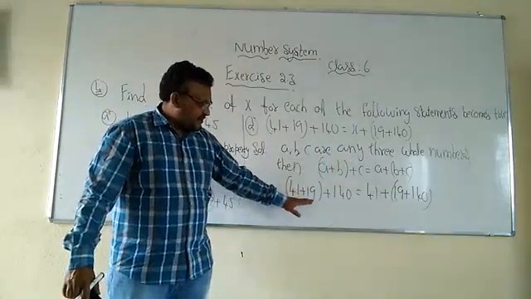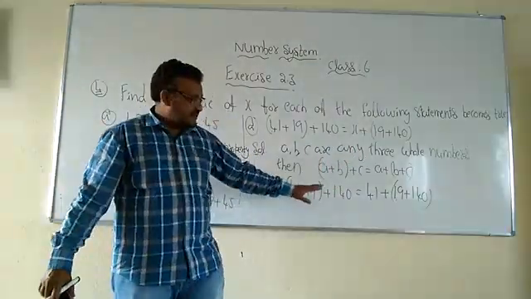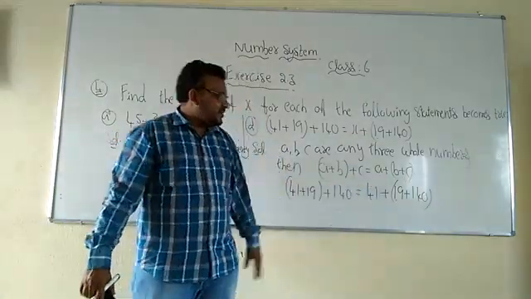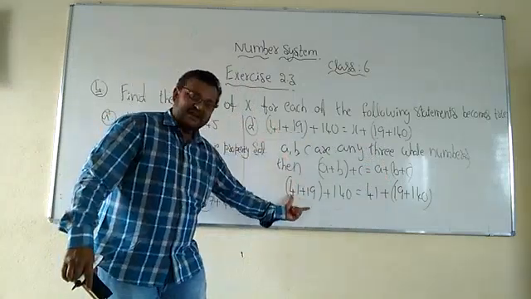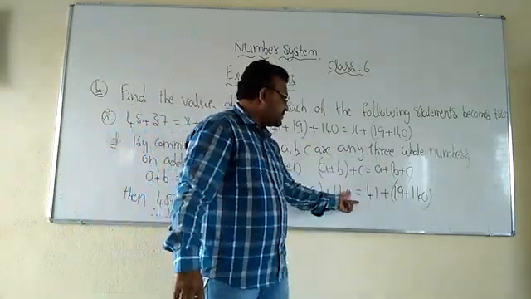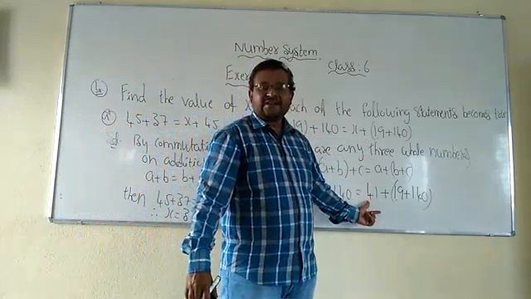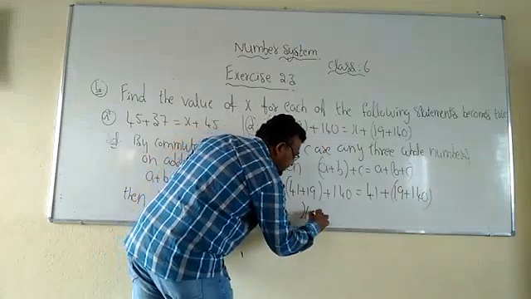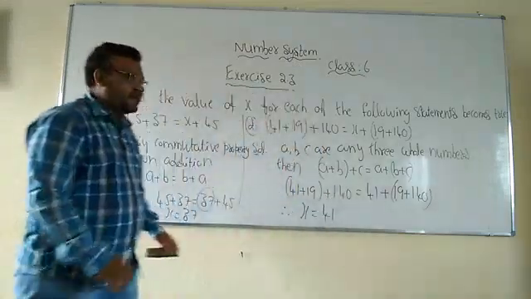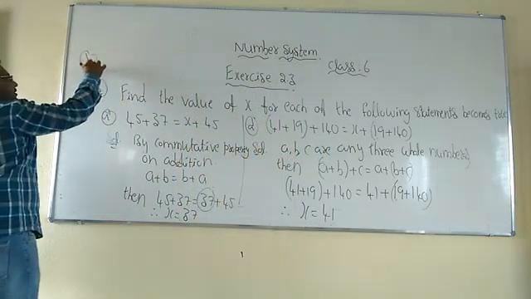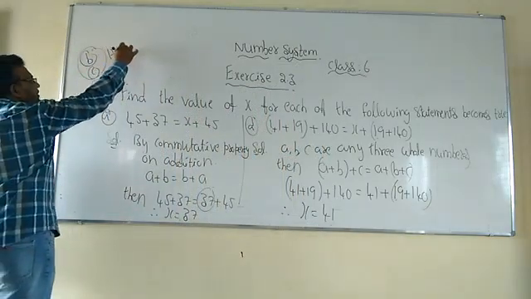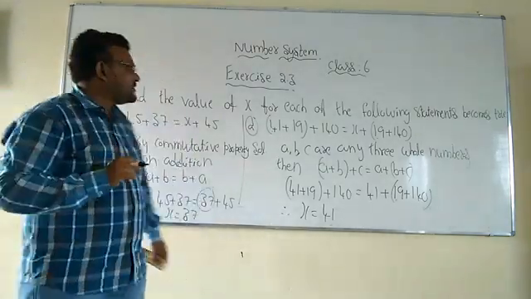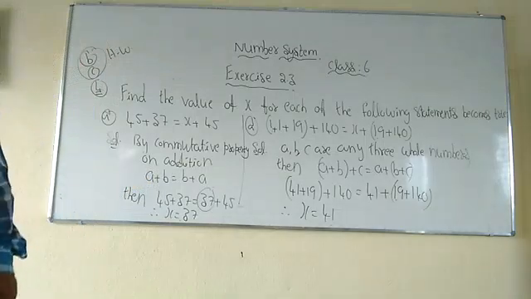Here (45 plus 19) plus 140 is equal to 41 plus (19 plus 140). Now clearly, what is the missing one? 41 plus 19 as it is, plus 140 as it is, equal to, here in its place we are getting 41, remaining as it is 19 plus 140. Therefore x is equal to 41. Remaining B and C you have to do as homework. Same, by using a suitable property you have to find the x value in the given statements.